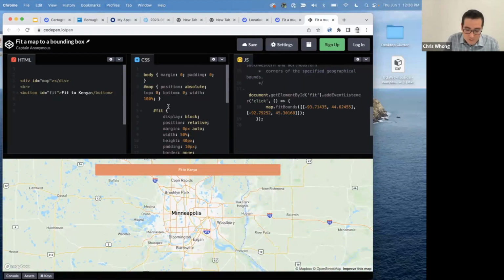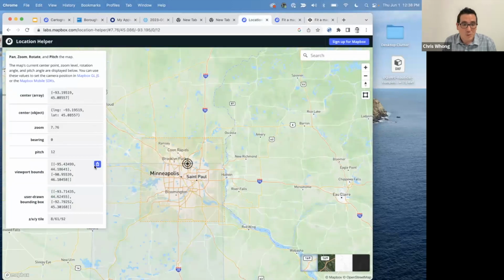Okay, so that's the location helper. That was a lot of fun to resurrect a little bit and spruce up. So we rebuilt it in React, and we were able to add some nice controls here with these copy buttons and things like that. So if you have any ideas for how we can make this better, there's a couple people who have been very vocal in the Mapbox Discord with ideas, and a lot of times those ideas get implemented very quickly because they're great ideas. So go ahead and let us know if you have any ideas for that.